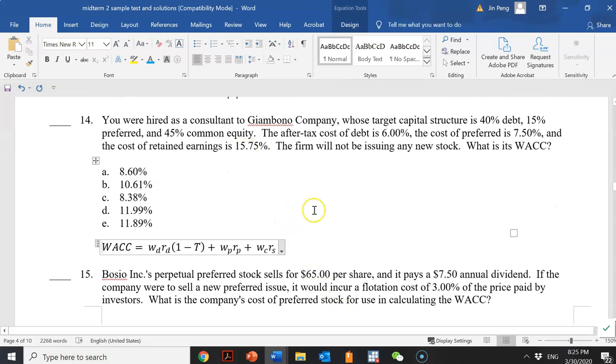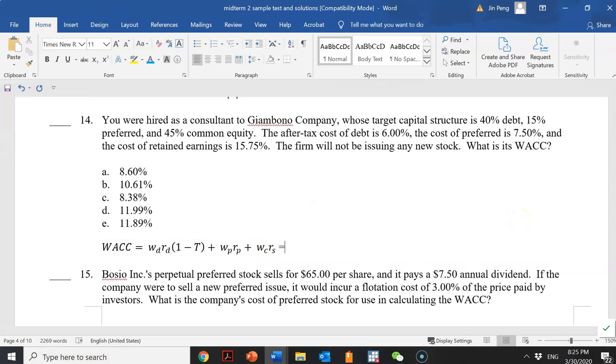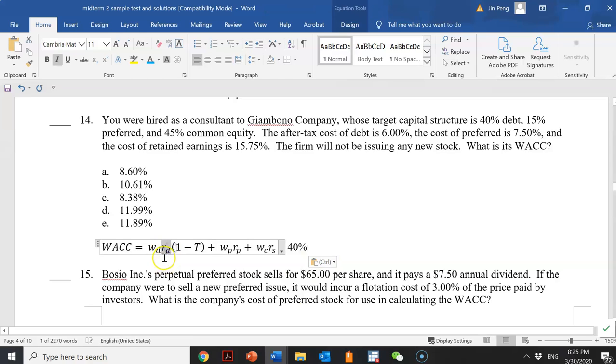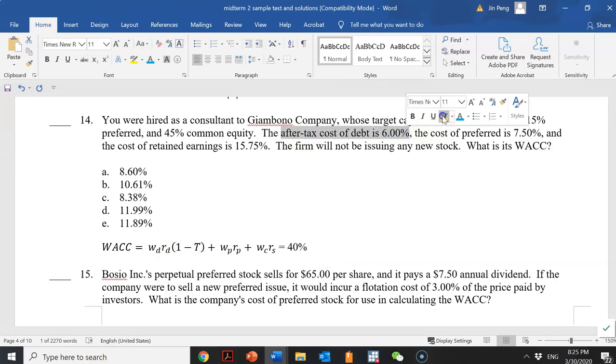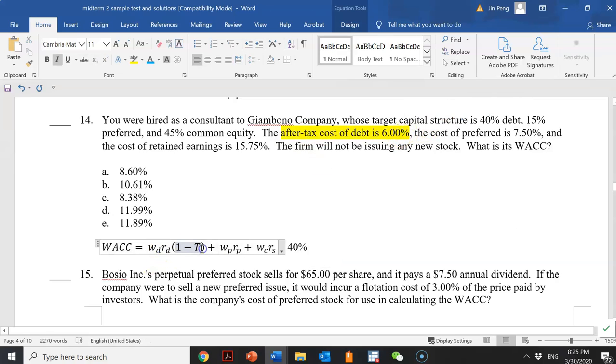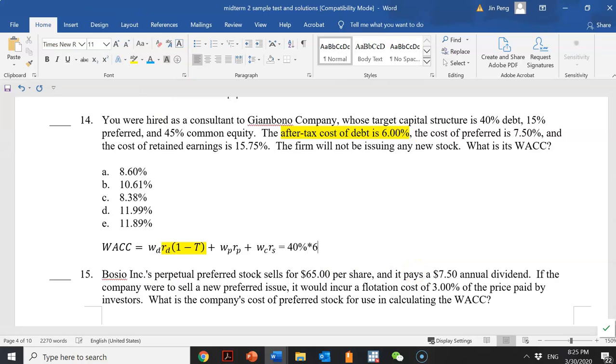Okay, so here WD, weight for debt, is 40%. Our RD, return for debt, the before tax cost of debt, is unknown. However, we know the after tax cost of debt is 6%. It is the whole thing here, RD multiplied by 1 minus T. This whole thing is the after tax cost of debt. Okay, we can multiply by 6%